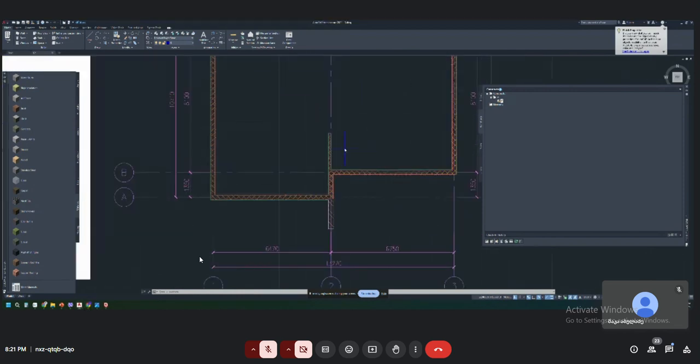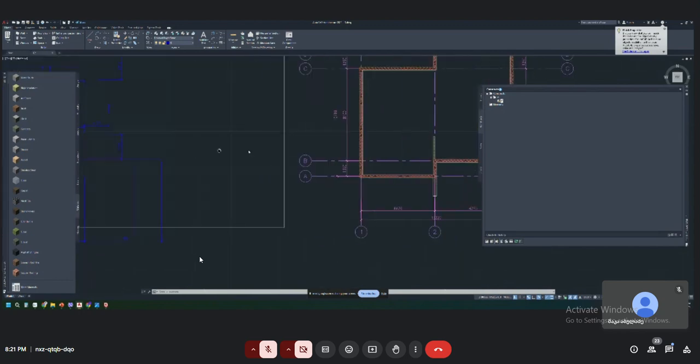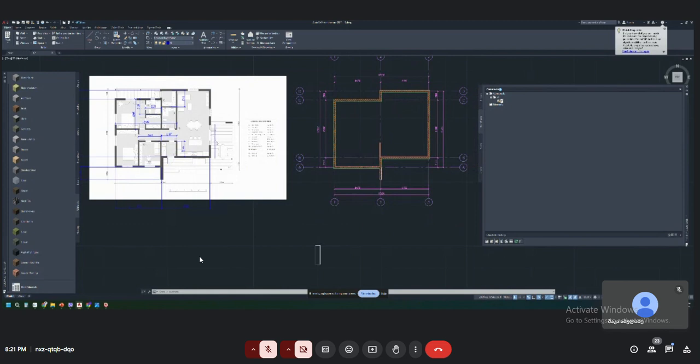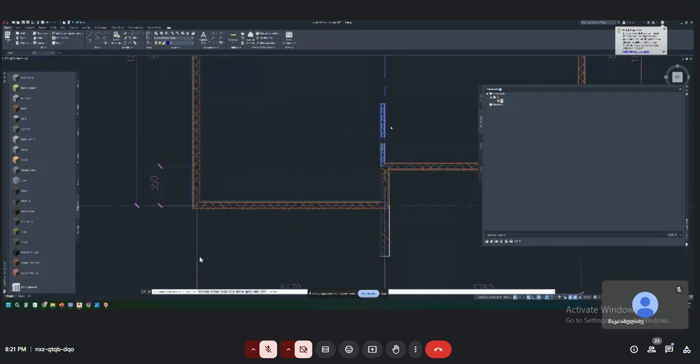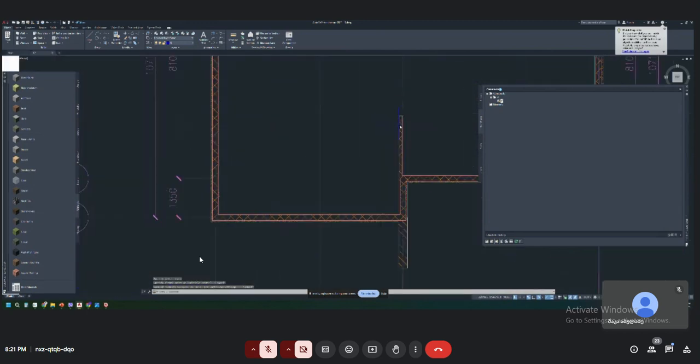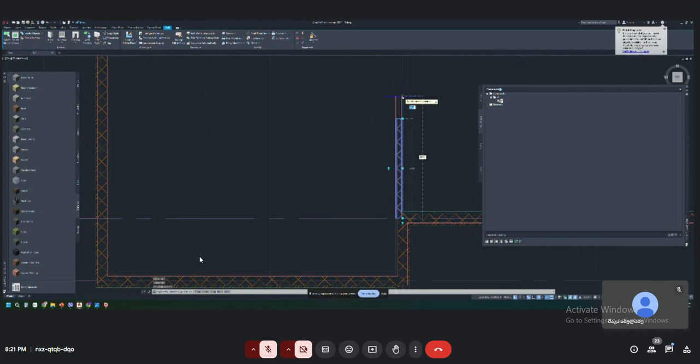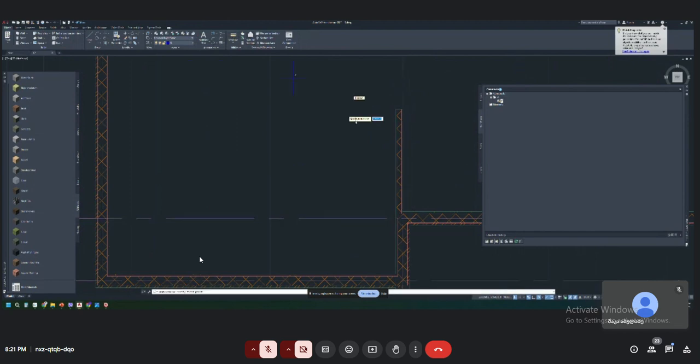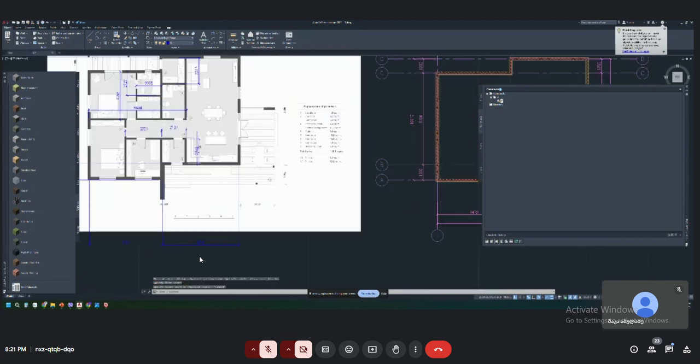So, the sizes, for example, we can check our sizes. So, I want more 20 centimeter. Yes, I can check it now. Yes, it's correct. And